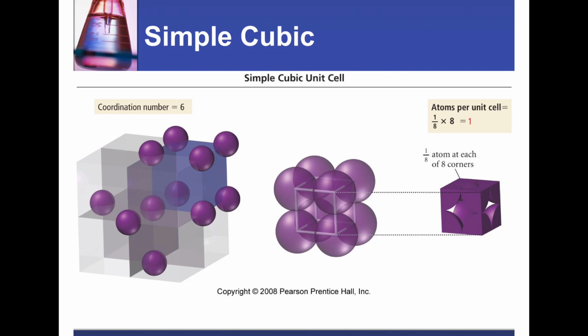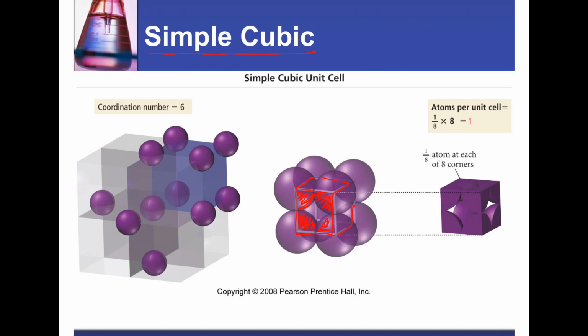So let's start on the primitive or simple cubic. In the primitive or simple cubic, there is just 1 atom on each corner. Okay, so this is the structure here. And the reason why we say that there is only 1 atom in this unit cell is if you cut this cube and you only took what was on the inside of the cube, you would get 1/8 of an atom right here, 1/8 of an atom right here, 1 on this corner, 1 on this corner,